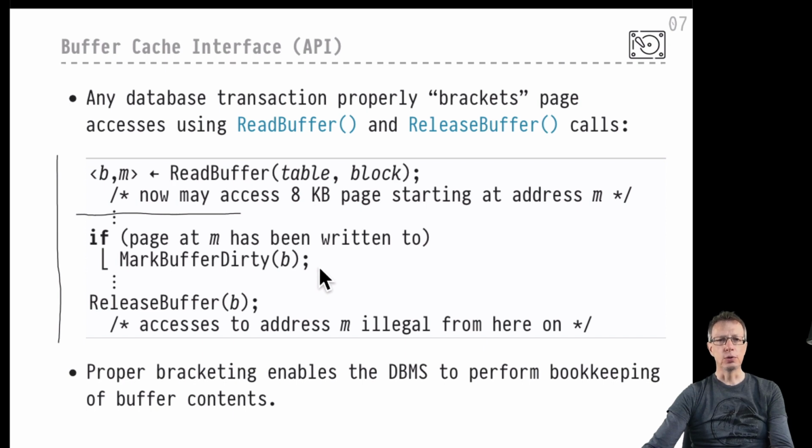Okay, so the contents of that page are now differing between the block version on the secondary memory device and the internal version that we have brought into memory. This is called the block being dirty. Okay. We could go on with our operations here, but at one point we would be done with all the